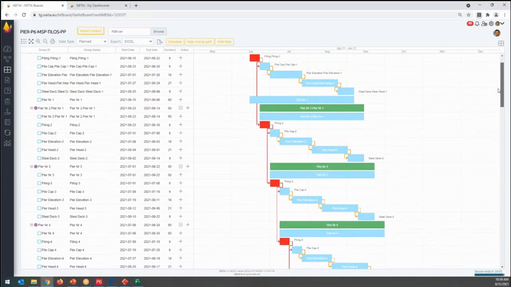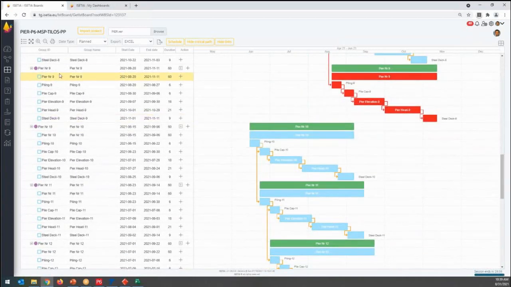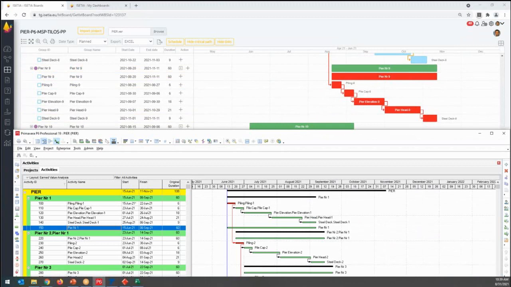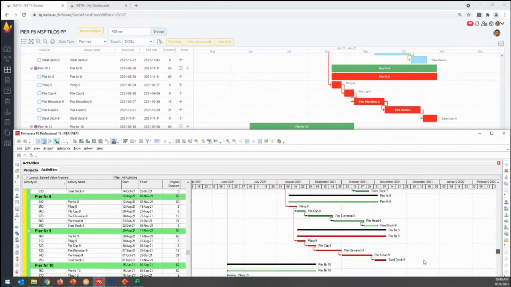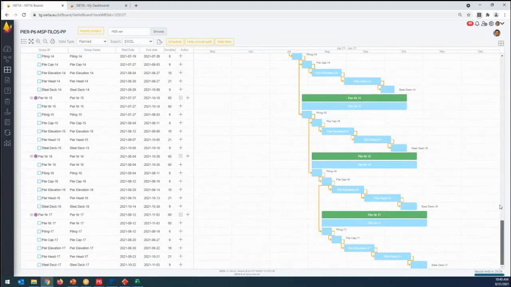And if I go to, for example, pier number 9, all critical. So what I have done, I brought all these tasks, like for pier 9, 60 days, to ISETIA. So I have here all my tasks.